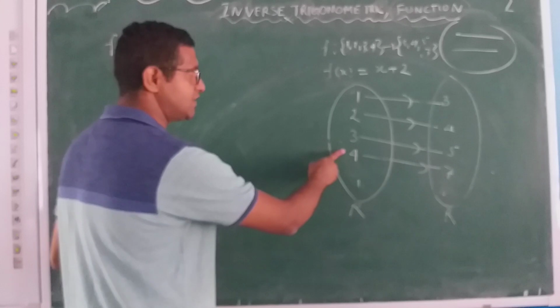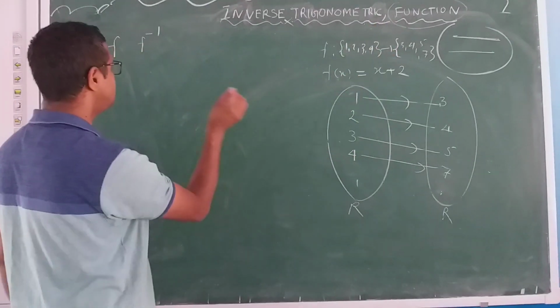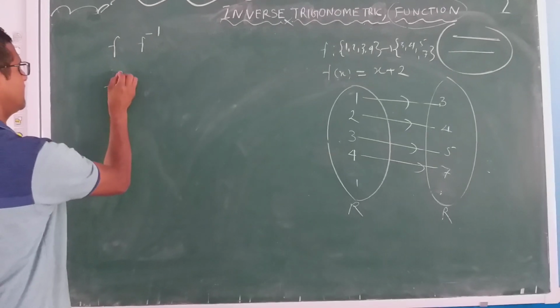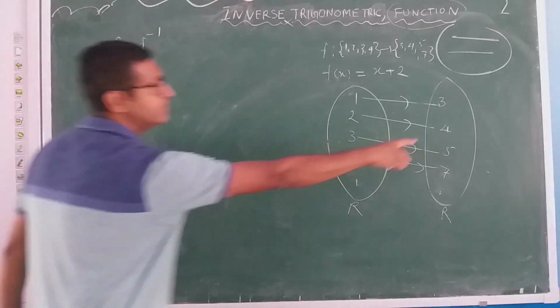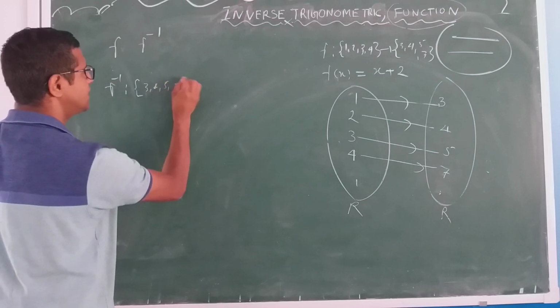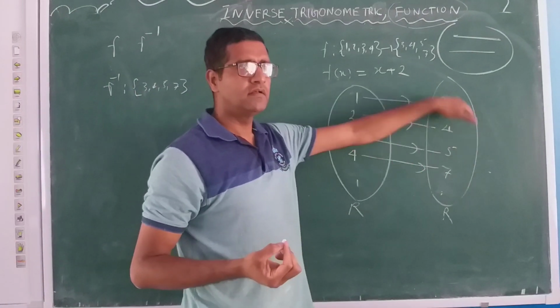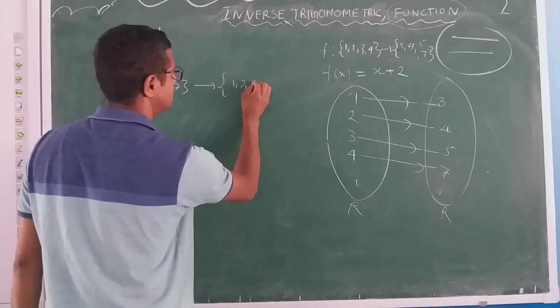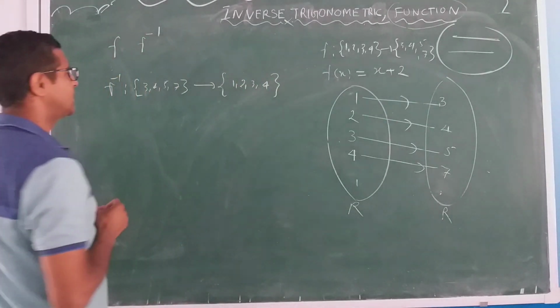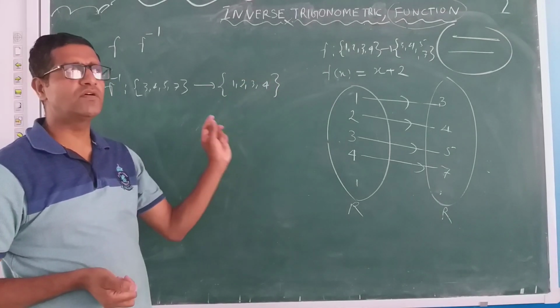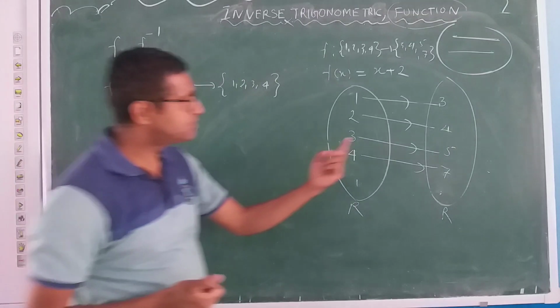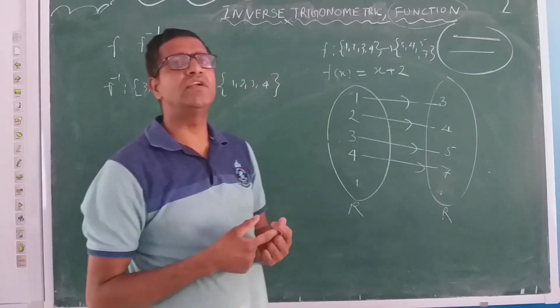Since it is invertible, I can write f inverse. Now the range will convert into the domain 3, 4, 5, 6. Nothing will be left. And the domain will convert into the range 1, 2, 3, 4. So, my dear student, I want to say that it is essential that the function must be one-one and onto, meaning bijective. If the function is not onto, then it is called an into function.